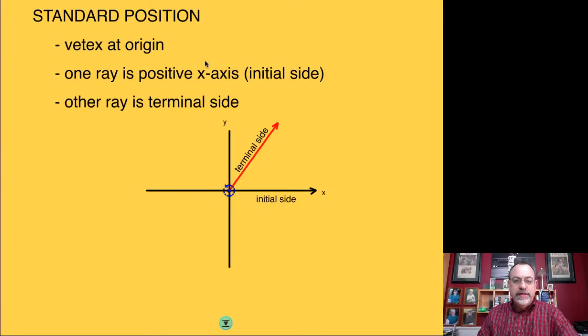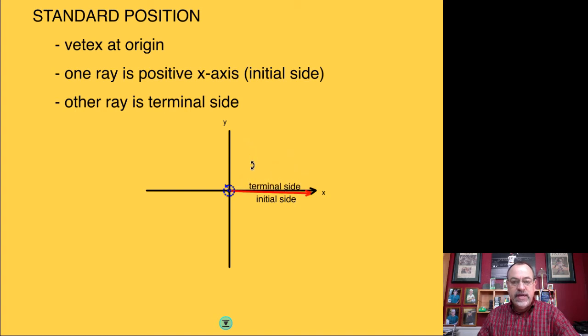Pre-calculus, chapter 4, lesson 3. We want to go back and revisit something we talked a little bit about in lesson 1, and that is angles in standard position. We looked at standard position as an angle on the circle who has one side is